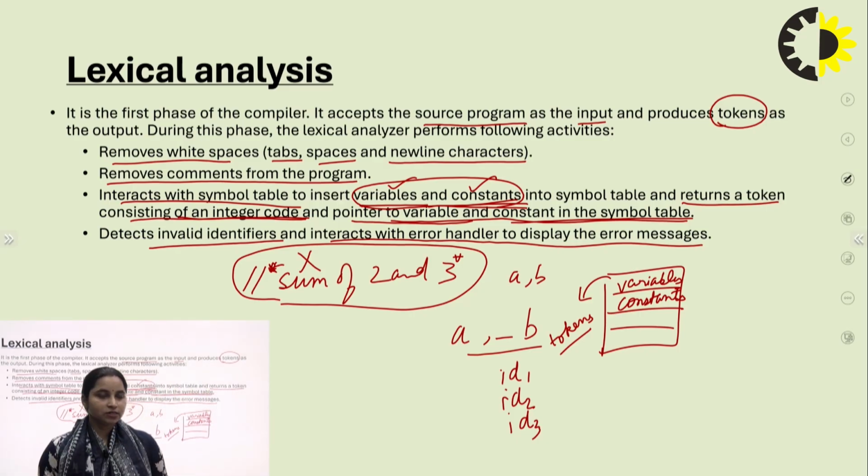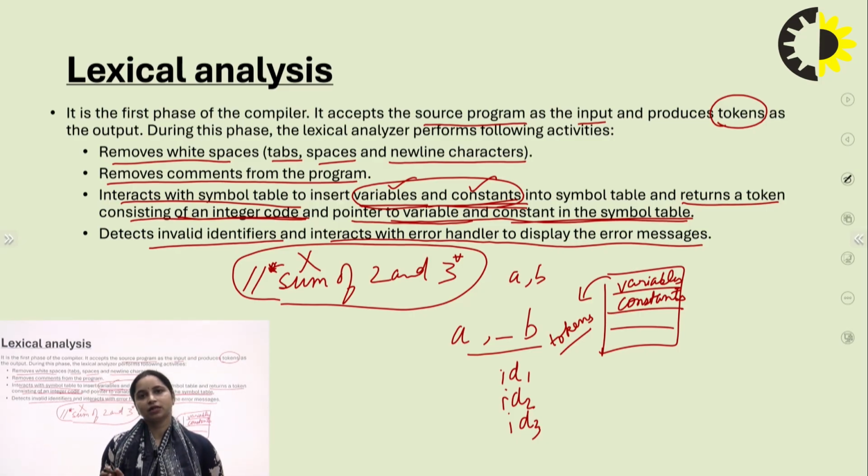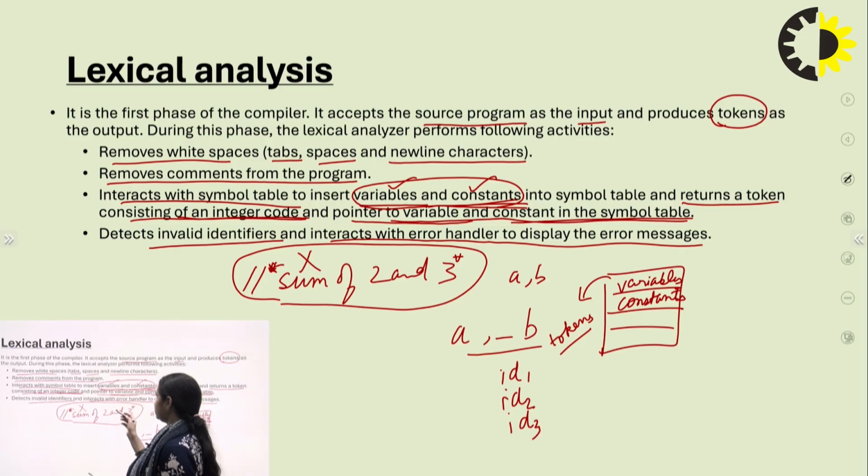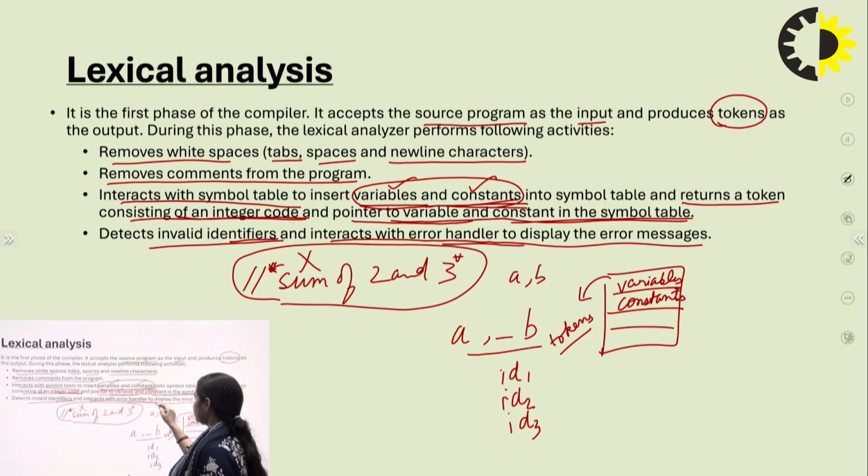As it is interacting with the symbol table, it is also interacting with the error handler, because whatever variables or constants it inserts in the symbol table, it gets tokens in return. If those tokens generate any invalid identifiers, they are handled by the error handler to display the error message.